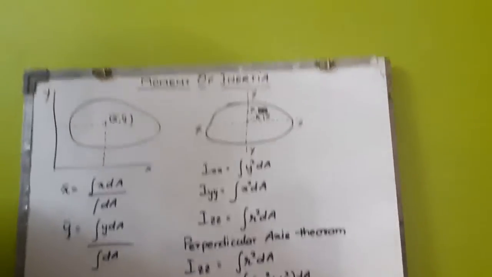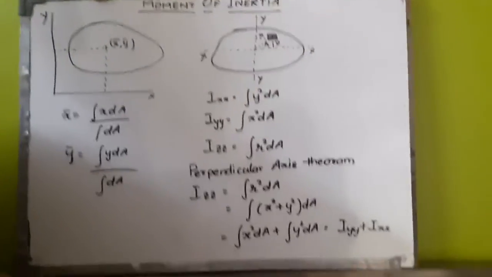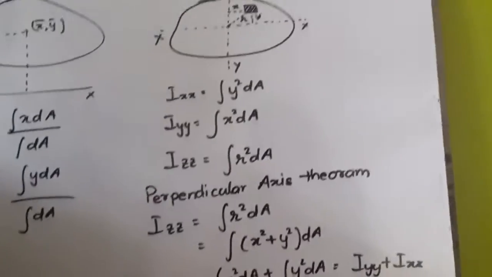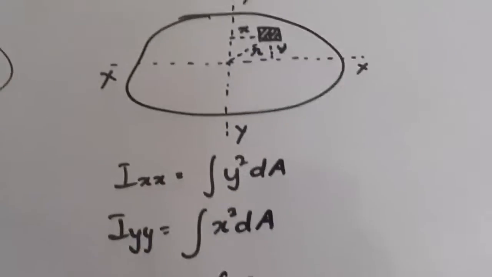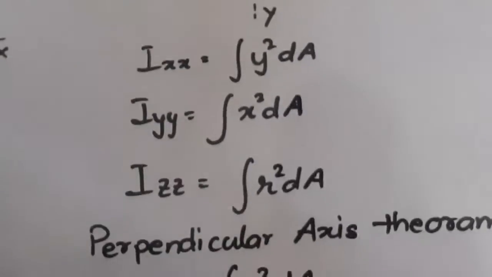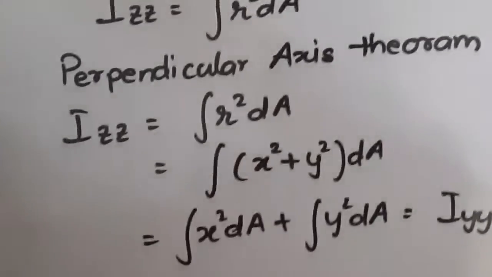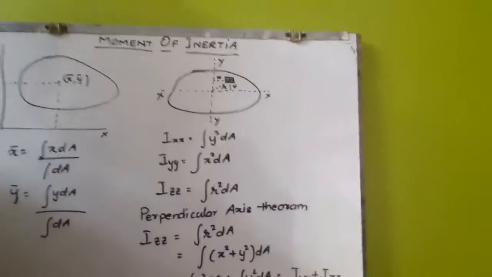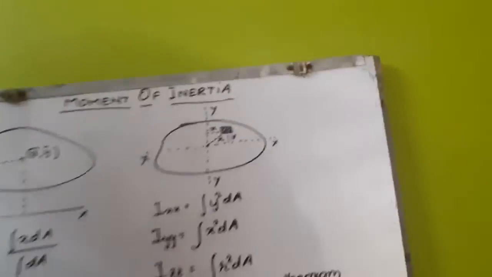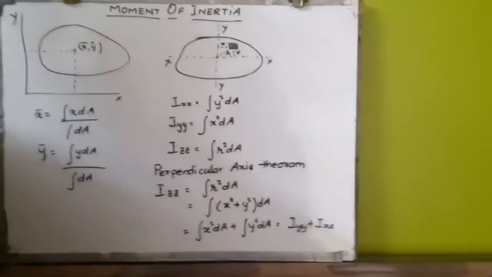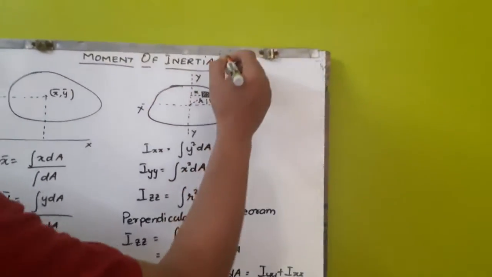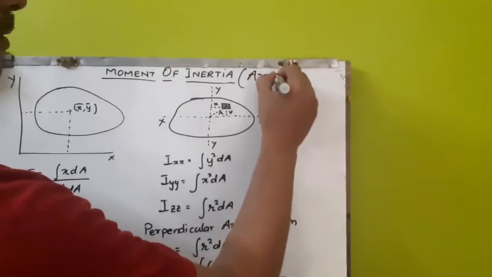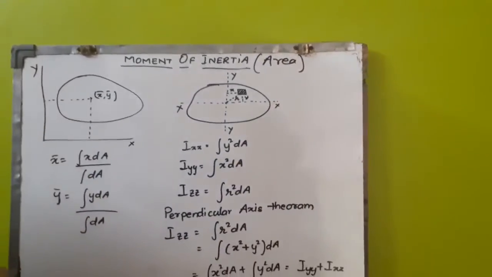So mass moment of inertia we generally do not find out, or we find out only for specific cases where mass plays a very important role in the design of a structure or a mechanical component. Because in most of the components we already know that the mass, or the self weight of the bodies, is considered to be negligible, so we are not more into mass moment of inertia. So this is moment of inertia, and this is area based. That means it is dependent upon area only.